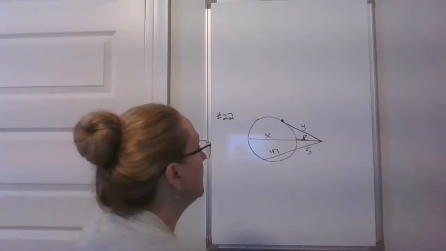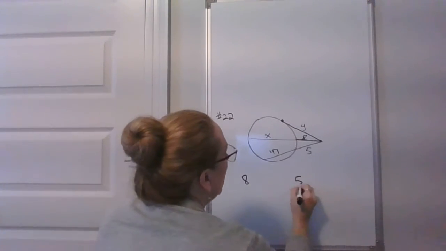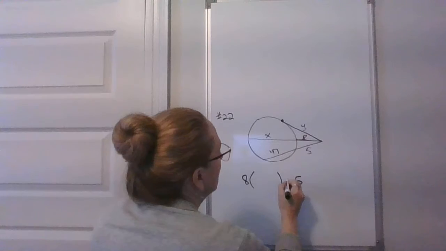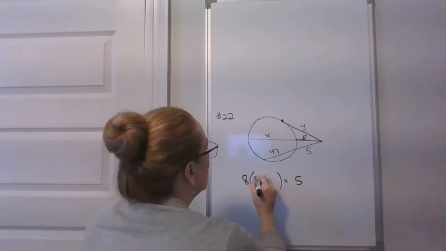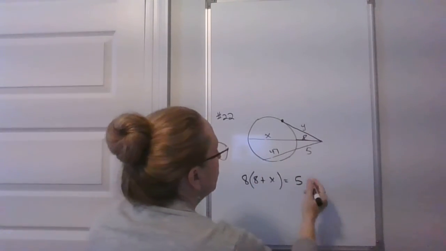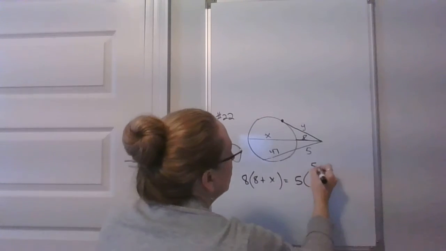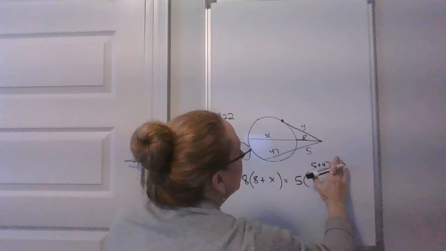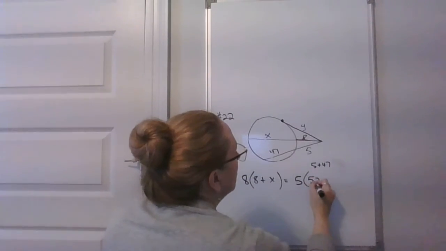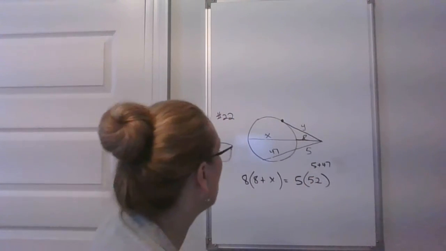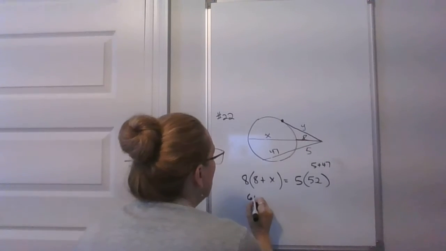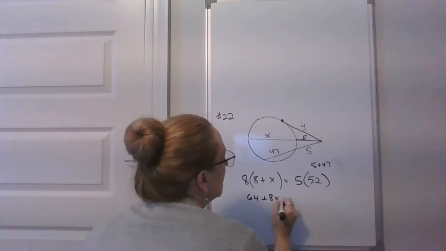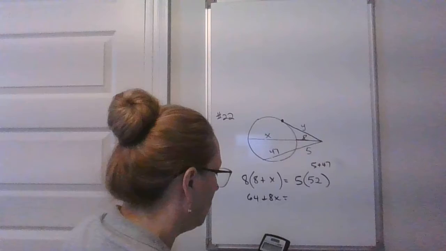So what we just did, exterior parts are 8 and 5. 8 plus X, 5 plus 47, and 5 plus 47 we know will give us 52 here. So now we'll do 8 times 8 plus 8x equals 5 times 52,